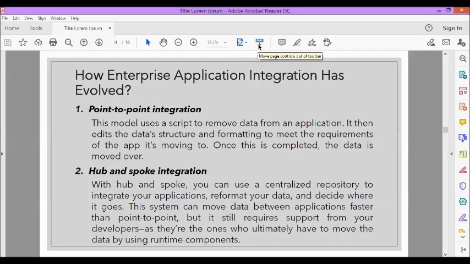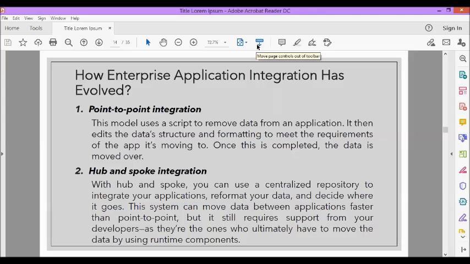This process might work okay for two applications, but as you start to connect more, it quickly becomes too time consuming to program and maintain. It can also take a while for the data to move between your apps, which in many cases adversely affects the experiences of your employees, customers, and prospects.